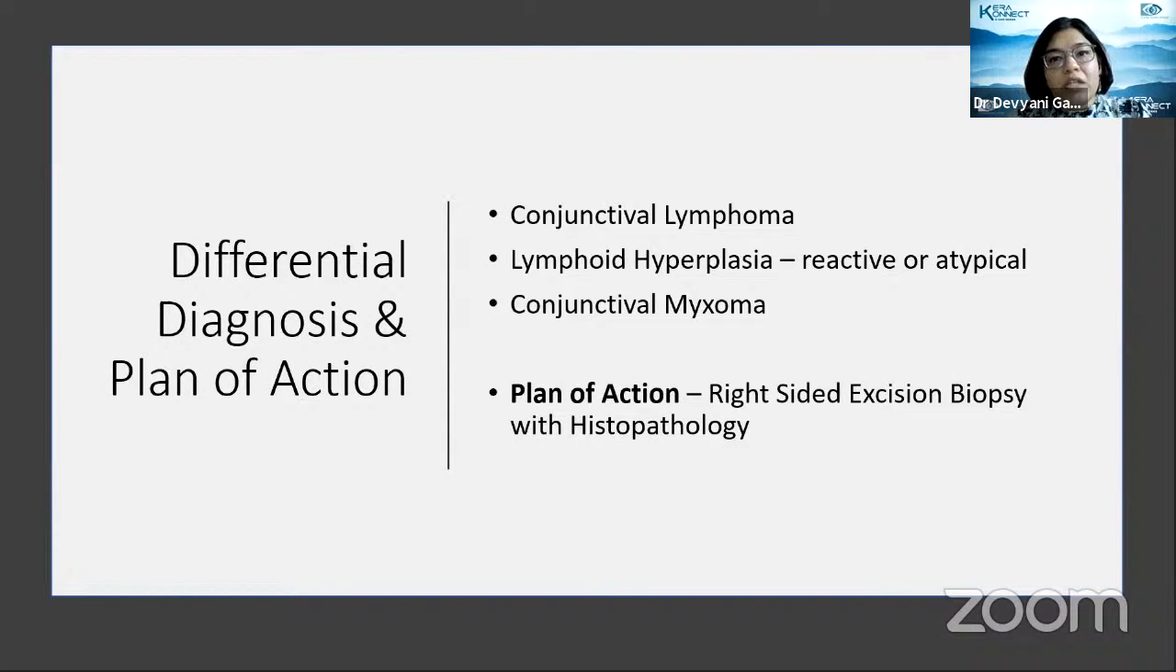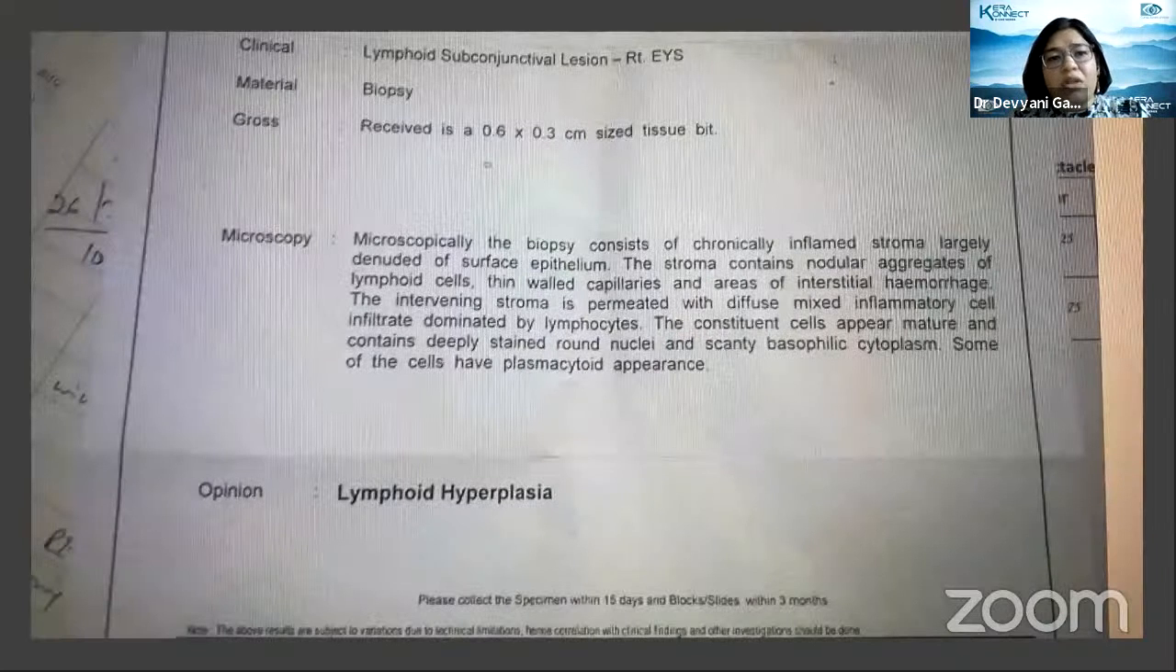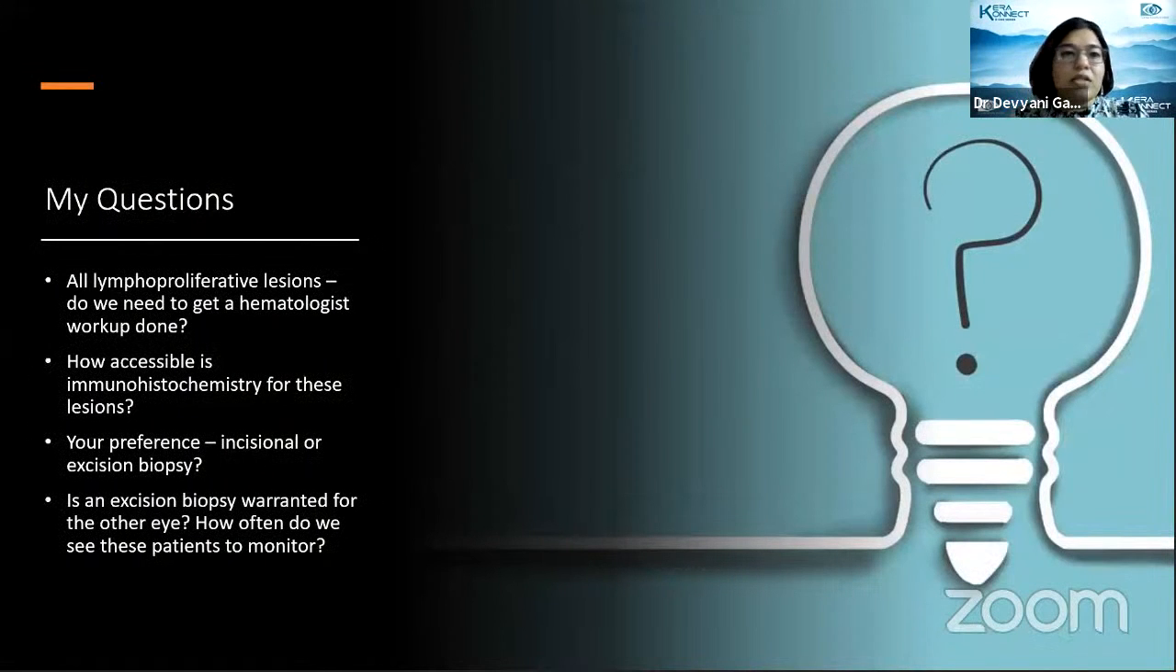In order to differentiate and understand what was happening, we needed a tissue diagnosis, for which a right-sided excision biopsy with histopathology was planned. This is the pre-op and the post-op picture of the same patient in the right eye. On histopathology, the pathologist said that this was a lymphoid hyperplasia, and there was no evidence of any lymphoma. My questions with this case, which was relatively straightforward but raised a lot of questions, were these: